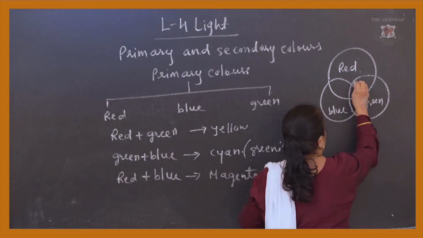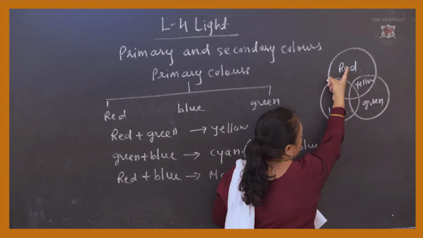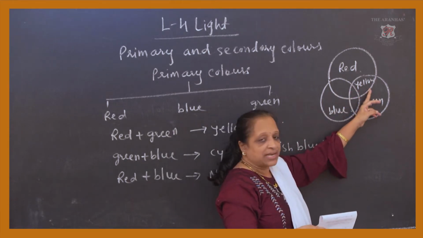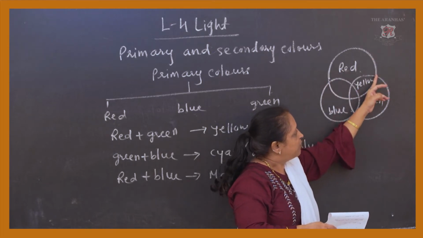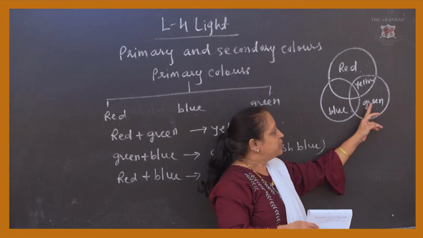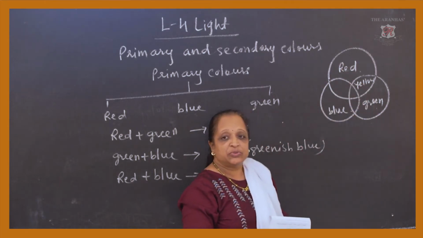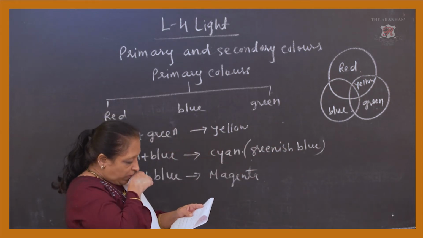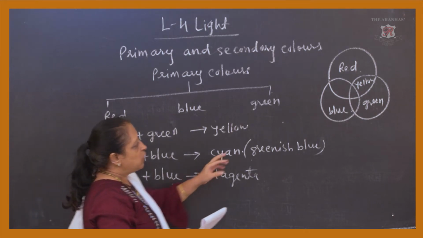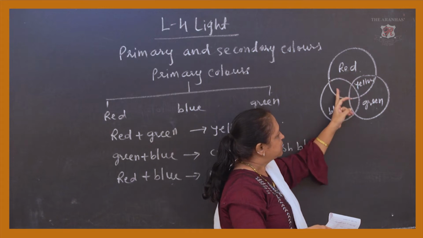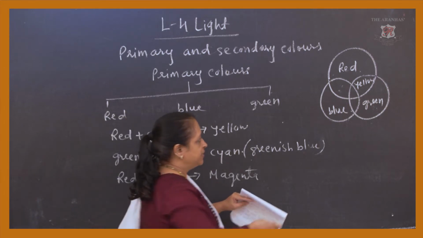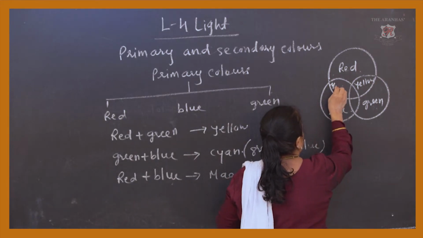So here we are writing the yellow because the combination of these two is written in these two circles which are intersecting each other. That is a circle meant for red color and a circle meant for the green color. And the effect of it which you have got is that red plus green gives you the yellow color. Then we are having the red and the blue. So circle for red is this part and blue is this part. The effect which we have got is the magenta color. So here I am writing the magenta.